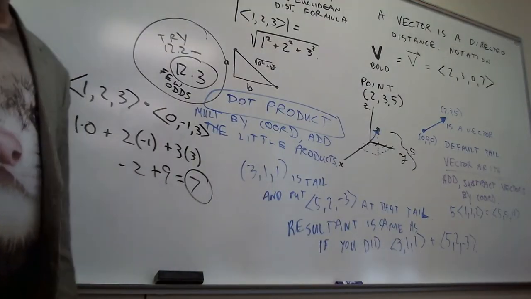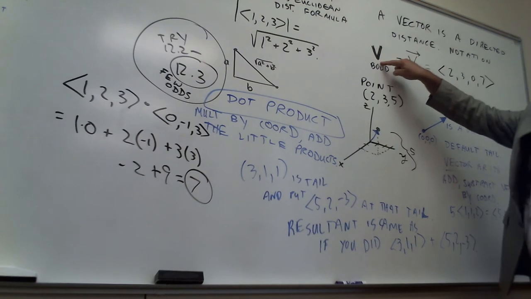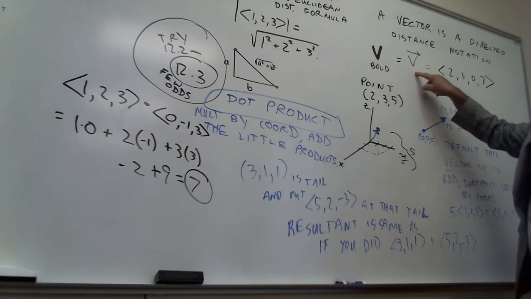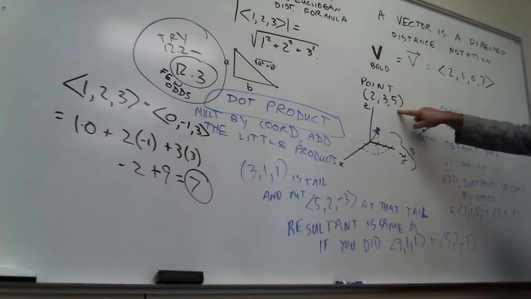All right, so here's what we did. First day of class, vector in the book. There's the bullet. When you're just writing it down freehand, an arrow over the letter, and these little bracket markers indicate a vector. Now we still use parentheses for points, but if you wanted to